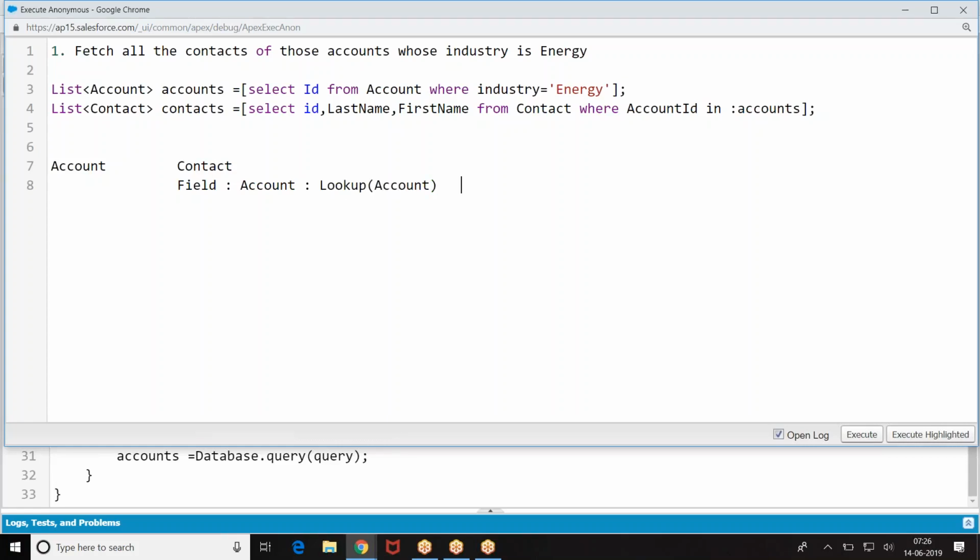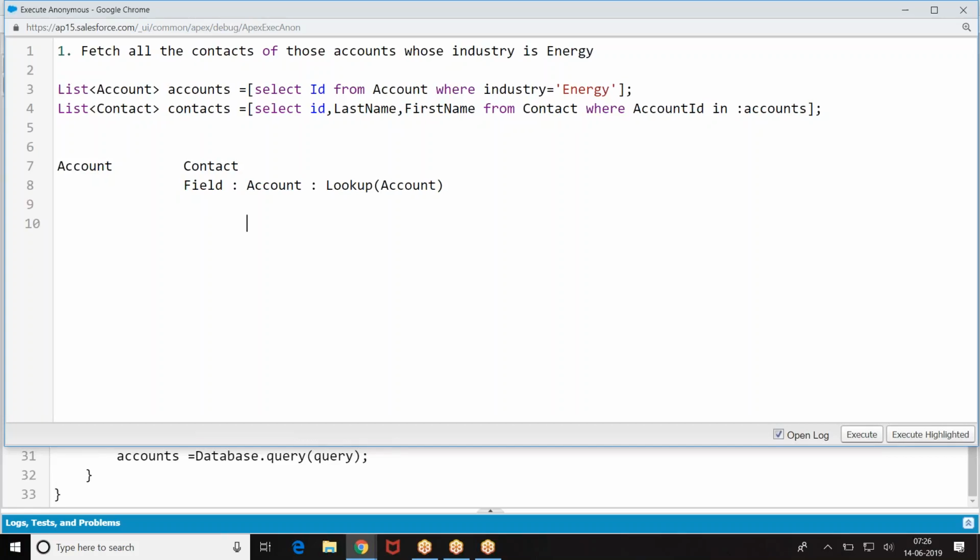Who created this field? Salesforce created it. Then how do we refer to it? AccountId. If the lookup field is created by Salesforce, you are supposed to use the field name followed by Id.